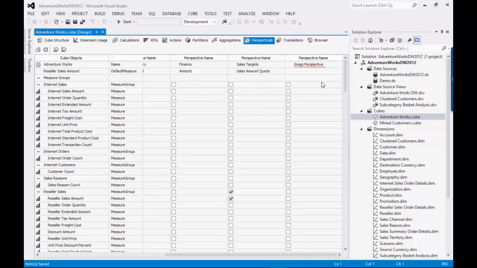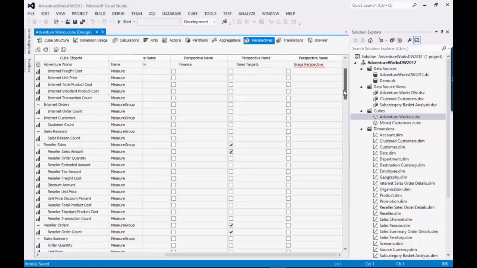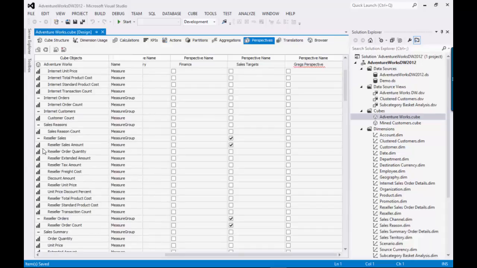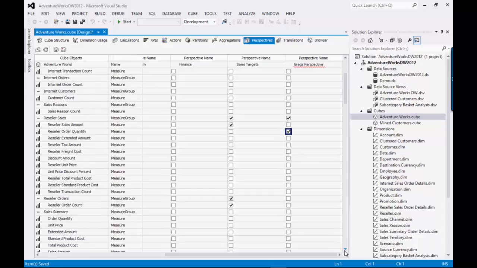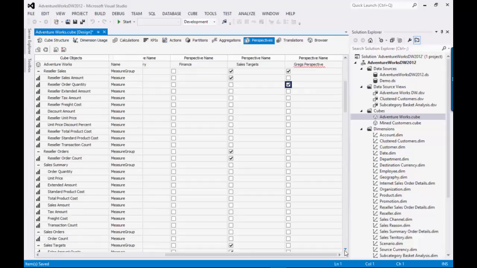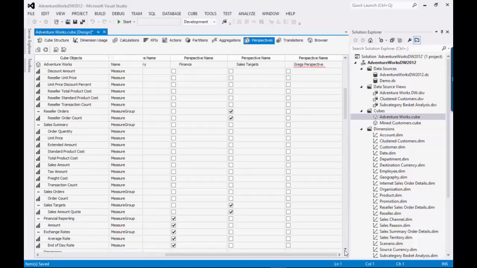So what I want to do in my demonstration is just work with a certain measure group, which is reseller sales. Okay, so I see reseller sales is here. I want to work with just the order quantity, so I come over and check that box. Like I said, it's going to be a really simple example. Then I want to come down here